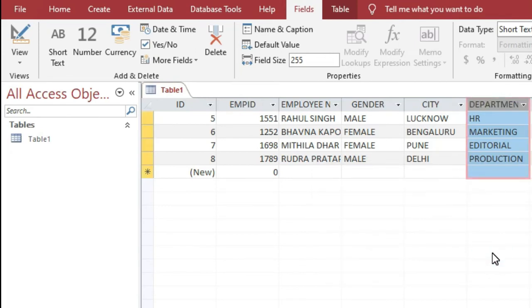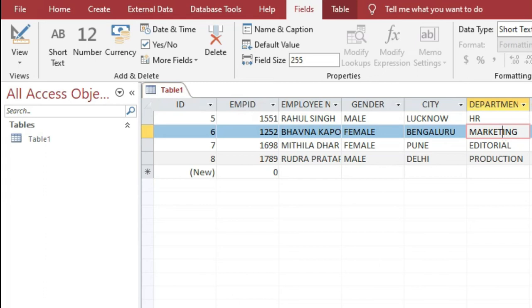Okay, so now all the fields name already changed here, okay, so it looks like that way, okay. Okay, now if you want to rename a column or field, just double click the column heading and then type the new name, okay, got it. So if you double click on the field name, then you can change the name of the field here, okay, got it. Now we'll learn how to save a table.